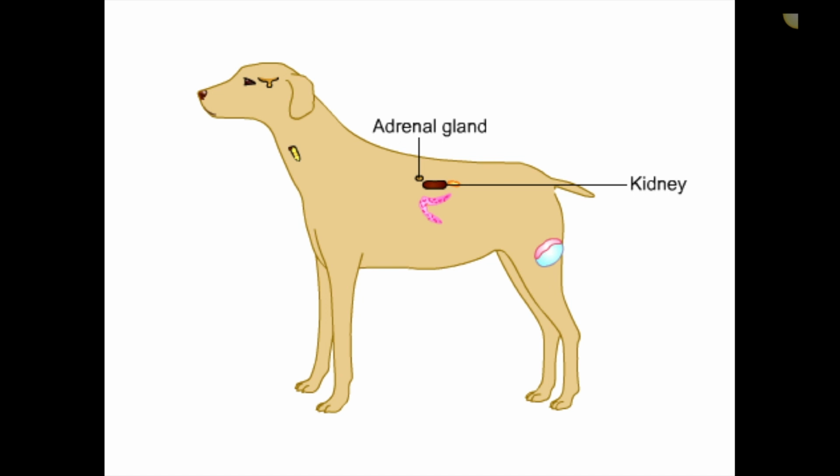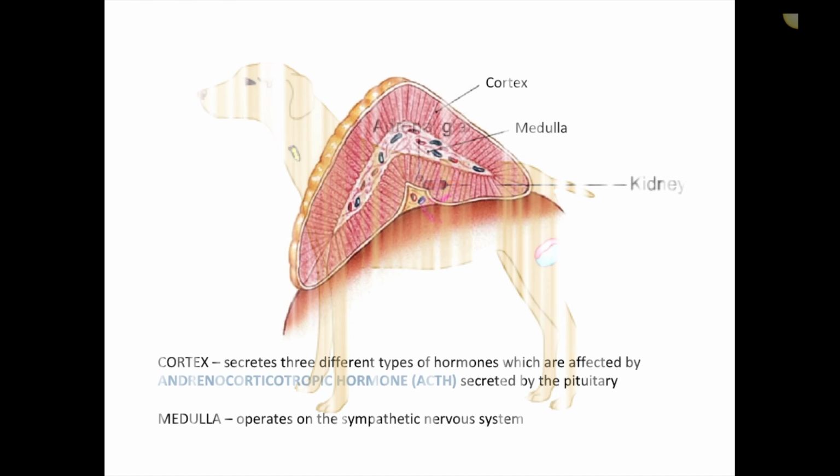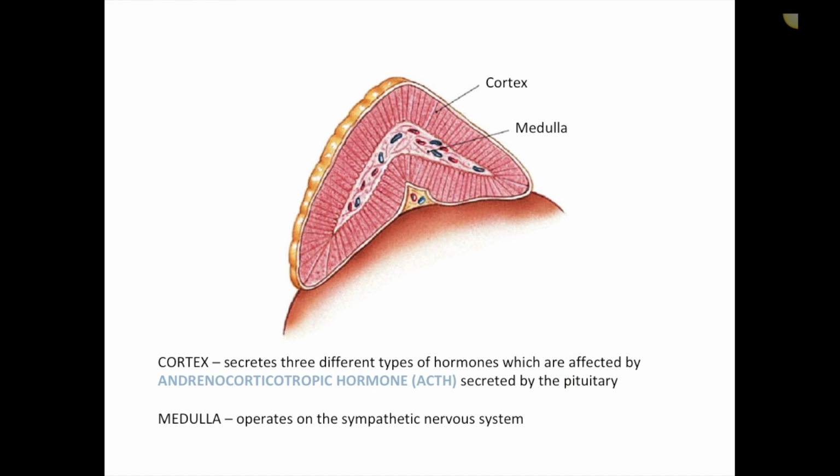So the adrenal glands are the little glands. They sit on either side of the kidney, one on each kidney at the cranial aspect. They're quite small. And again, they're regulated by the pituitary gland. So they receive signals from the pituitary gland that tells them what to do. So it tells them to release hormones in certain levels. It's that continuous feedback loop.